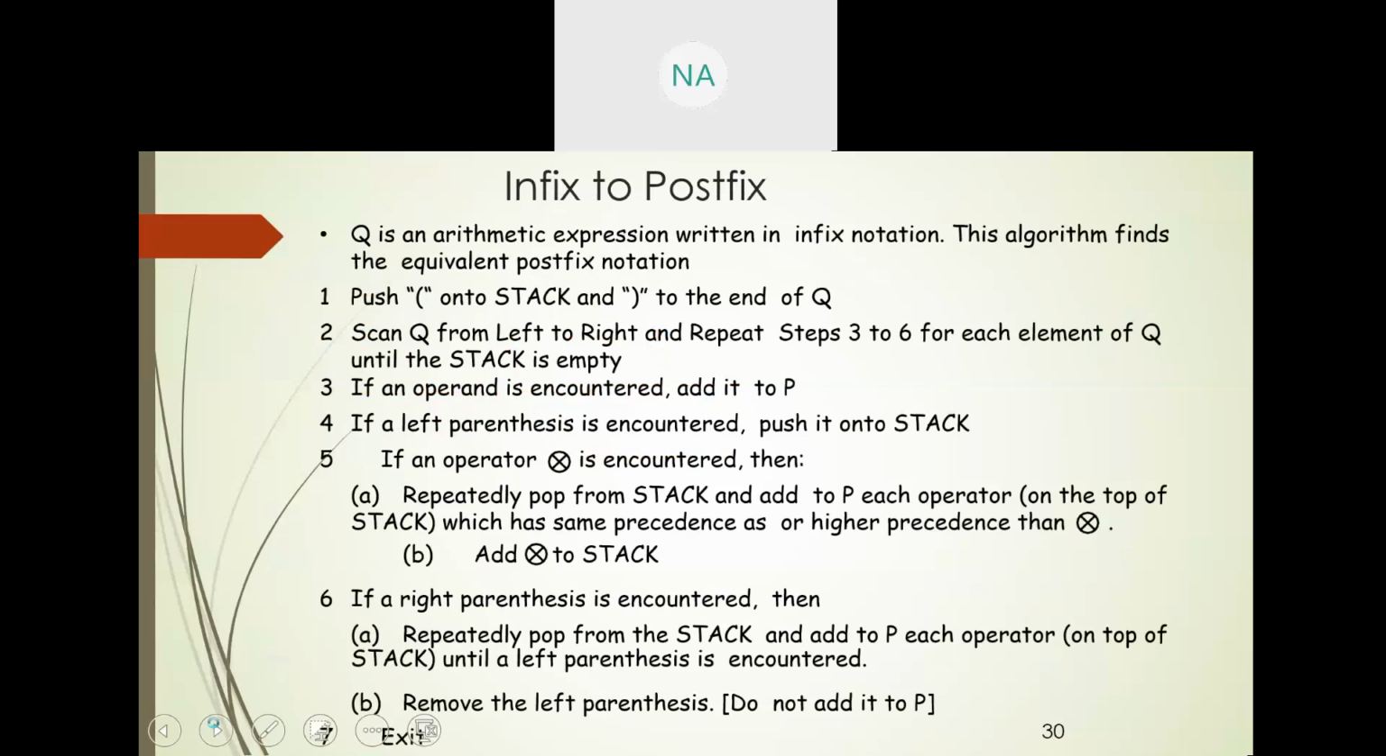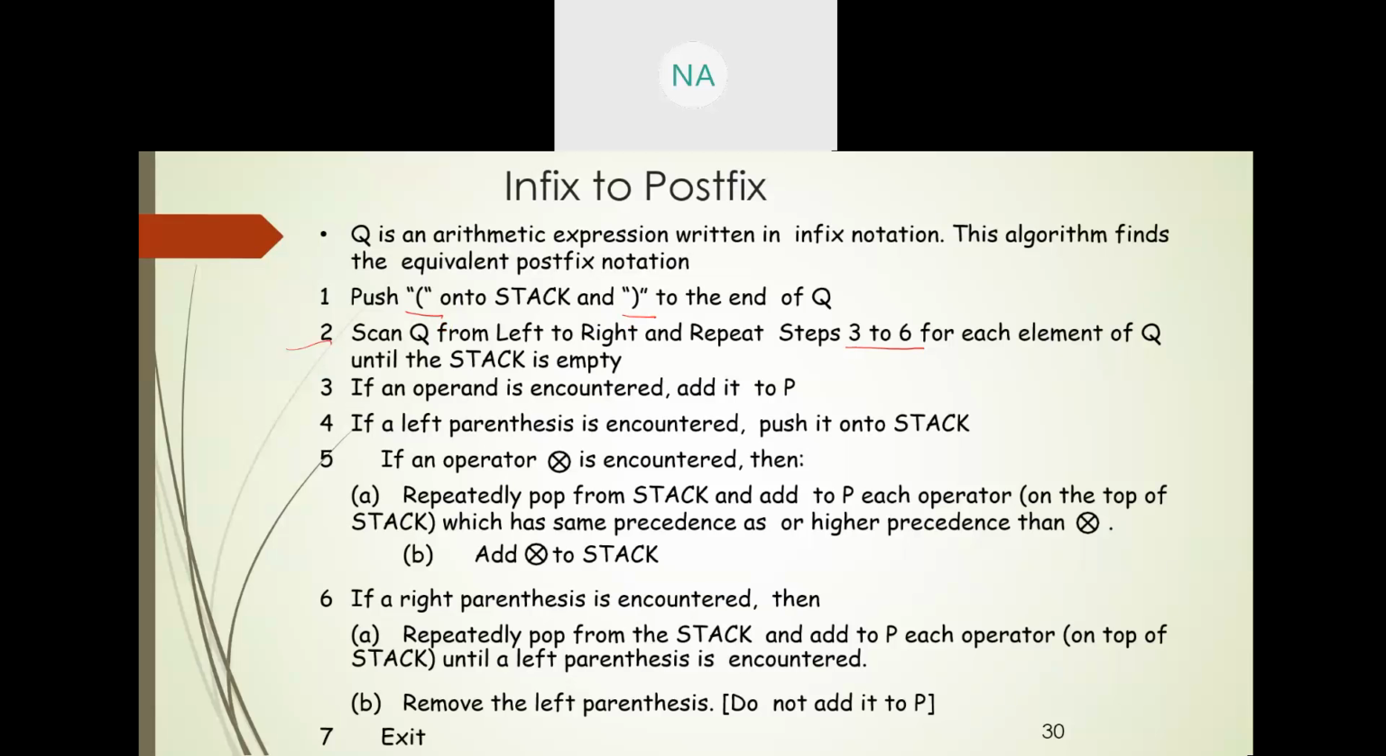Now this is the algorithm. Q is an arithmetic expression written in infix notation. This algorithm finds the equivalent postfix notation. Okay, first step: push left parenthesis onto the stack and add right parenthesis to the end of Q. Second step: scan expression Q from left to right and repeat steps 3 to 6 for each element of Q